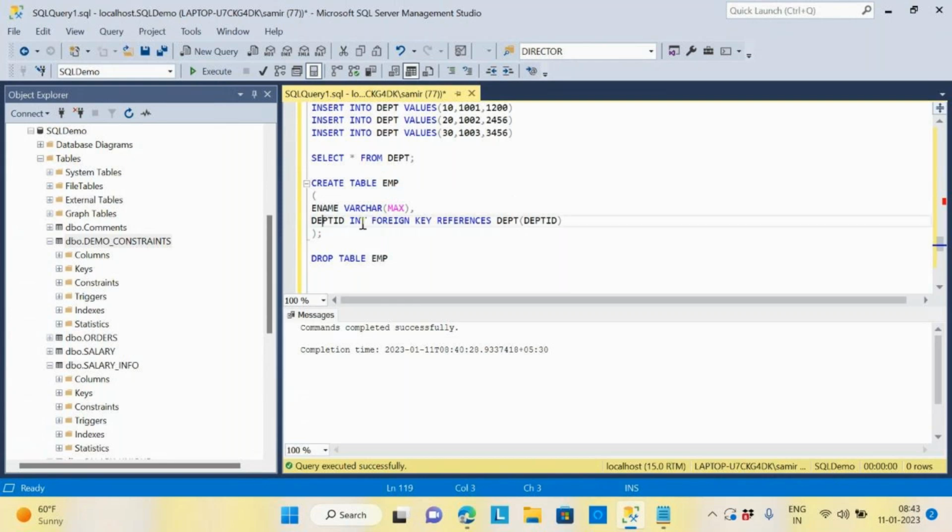The department ID, then the data type, then the constraint, which will be nothing but a foreign key. Then it will refer. References means nothing but a refer to the parent table. This is my parent table, to my parent column. So based on that, now we are defining a relationship between the employees and department based on the department ID column. Okay, make sense? Yeah. Now if I execute this,